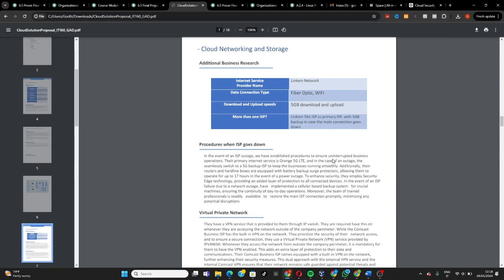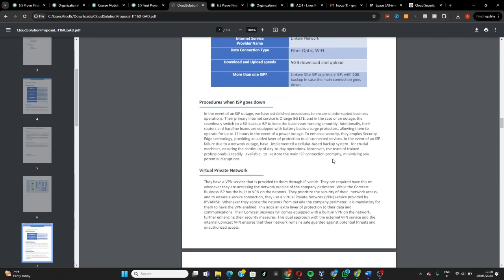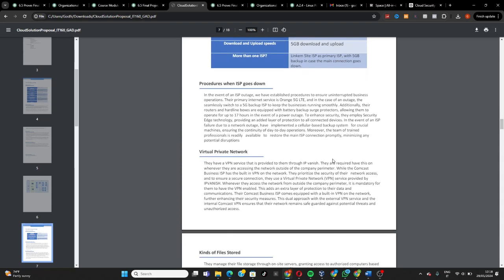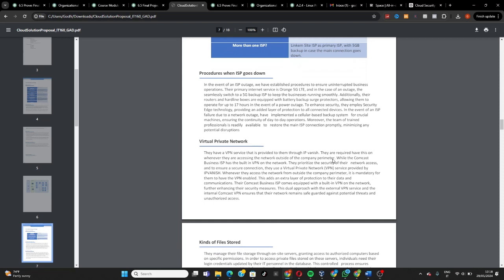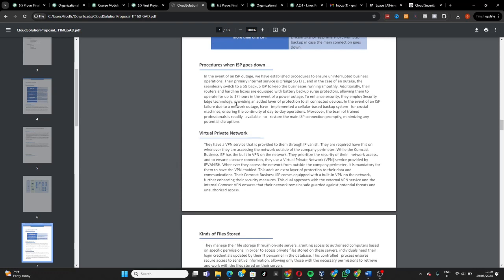And also the download and upload speed is like 5 GB download and upload in their system. With the Lincoln 5 Lite, a premier 5 GB backup is also there in case the main connection goes down, so as not to delay things for their business. They have a backup also there. So the procedure they use when the internet service provider goes down, as I was saying, they use a 5 GB, and also they can operate for up to 17 hours without